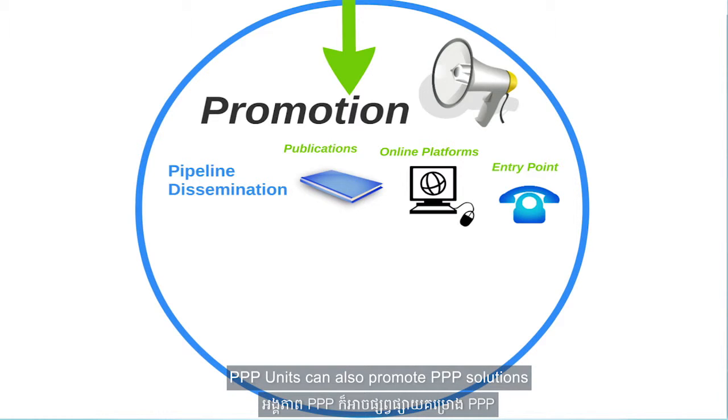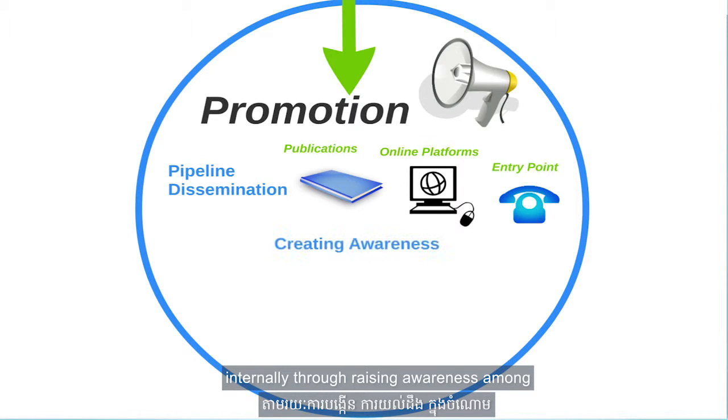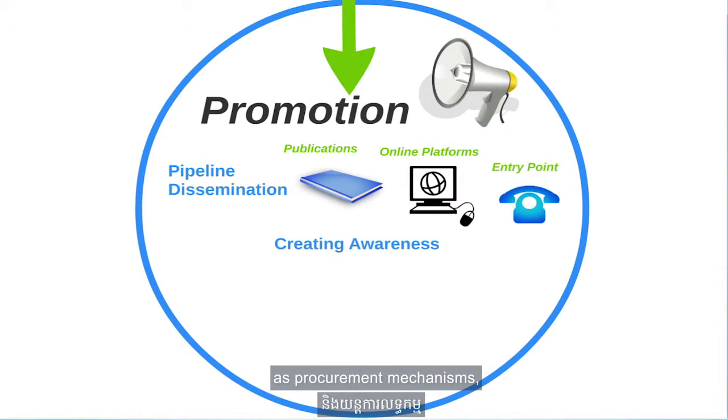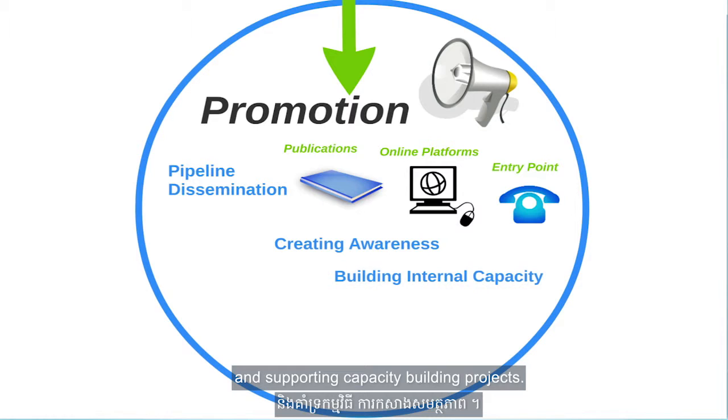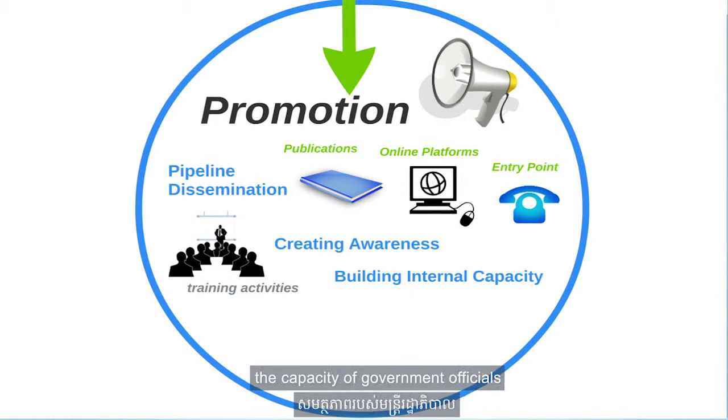PPP units can also promote PPP solutions internally through raising awareness among government officials of the potential of PPPs as procurement mechanisms and supporting capacity building projects. For example, PPP units can be involved in administering training programs to build the capacity of government officials to develop